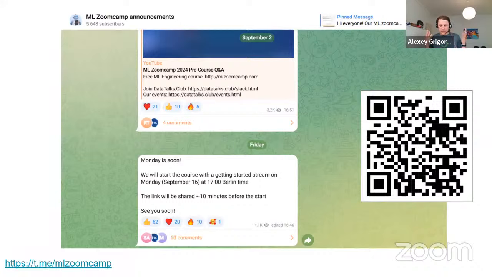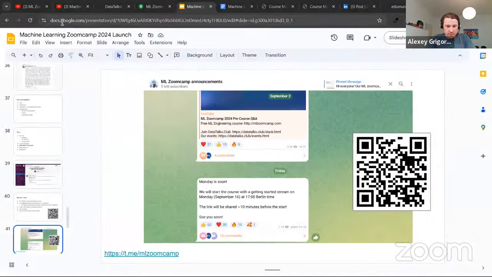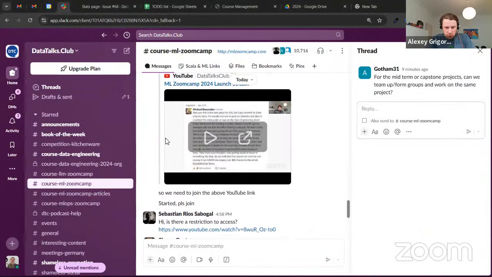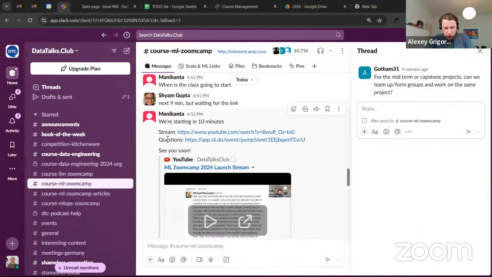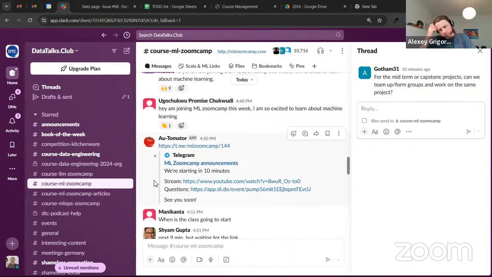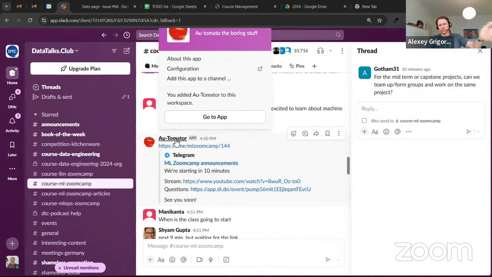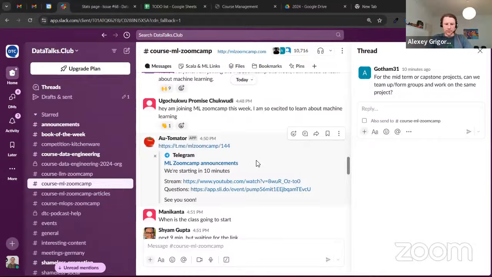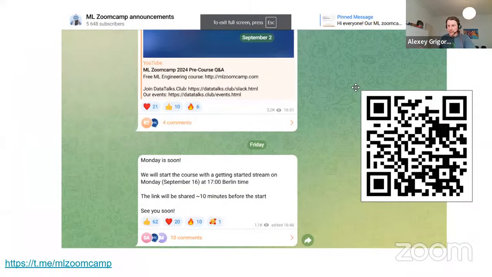You might not want to install Telegram because it's yet another app, and that's totally fine, because we have this amazing bot called Automator that shares everything in Slack. Every time I make a post in Telegram, it shares it in Slack. So if for whatever reason you don't want Telegram, the bot will repost everything to Slack. It's very convenient because there are only announcements, nothing else.